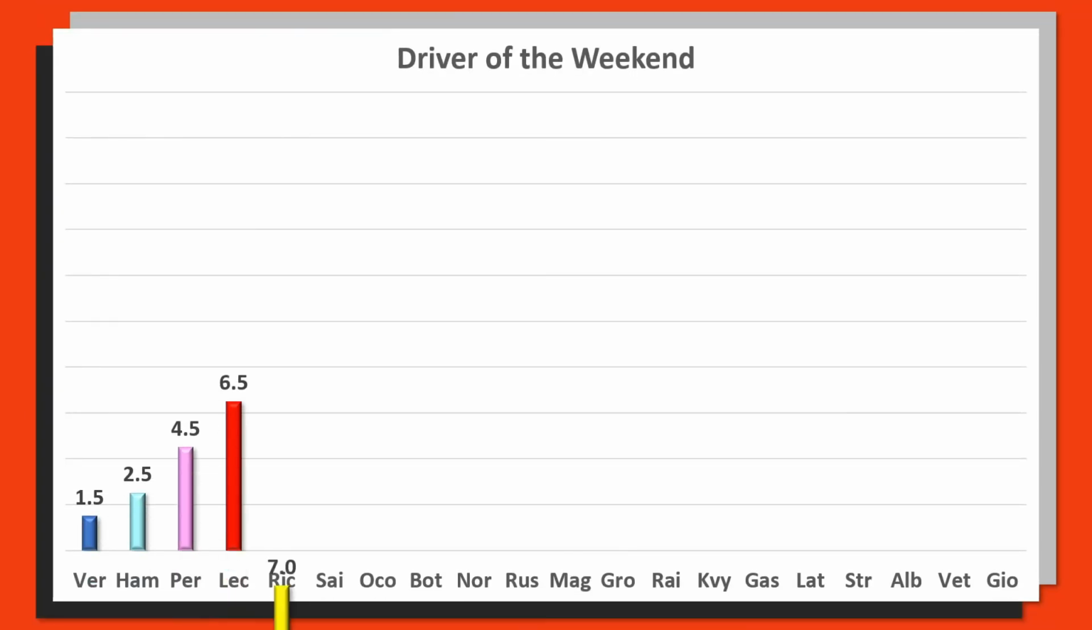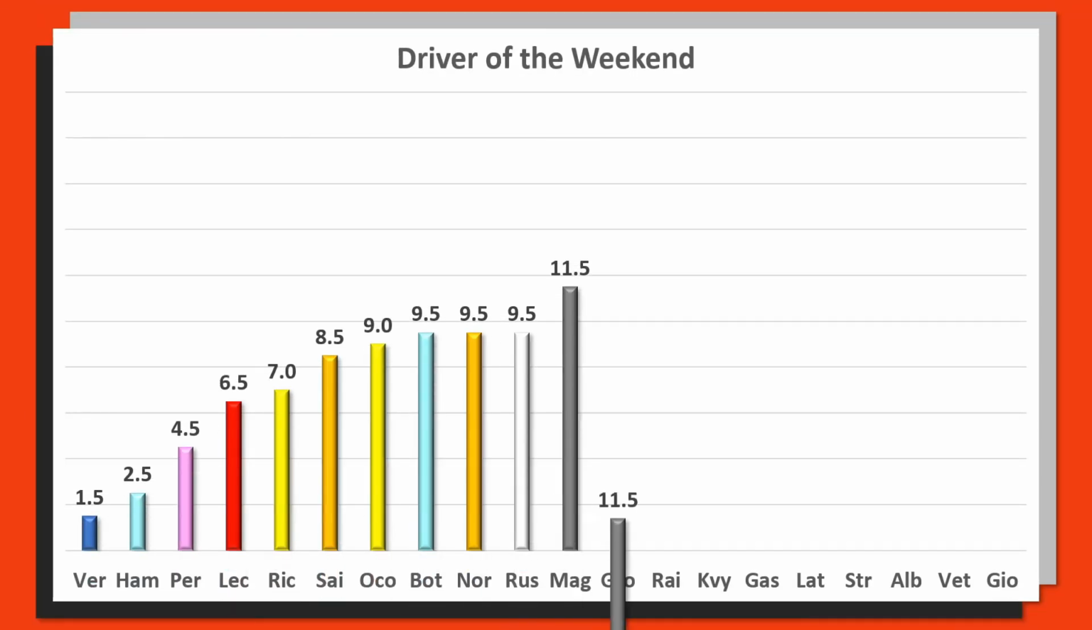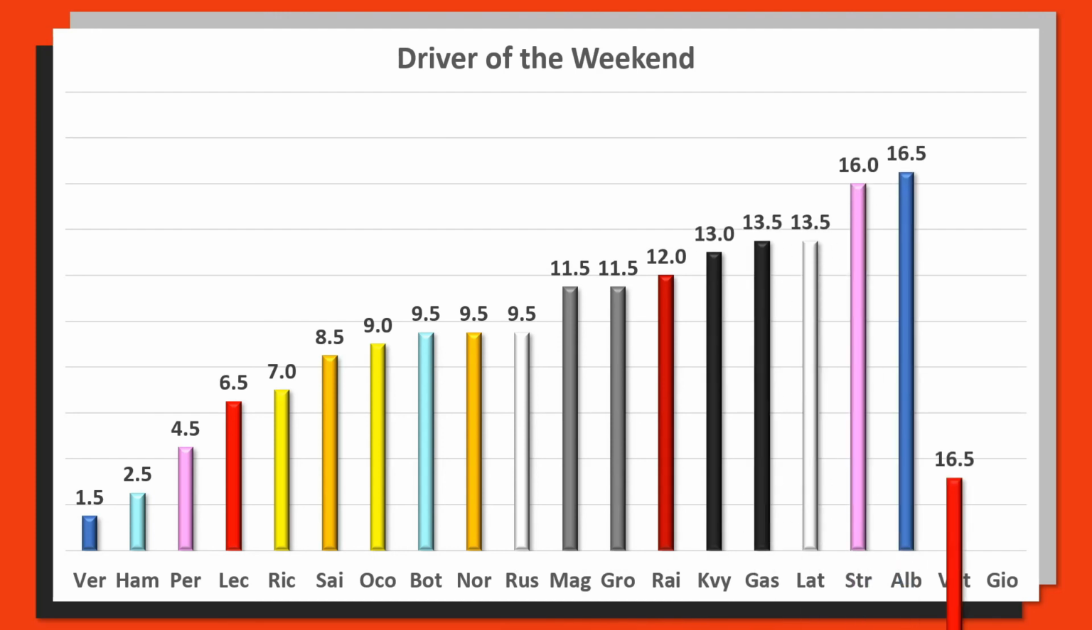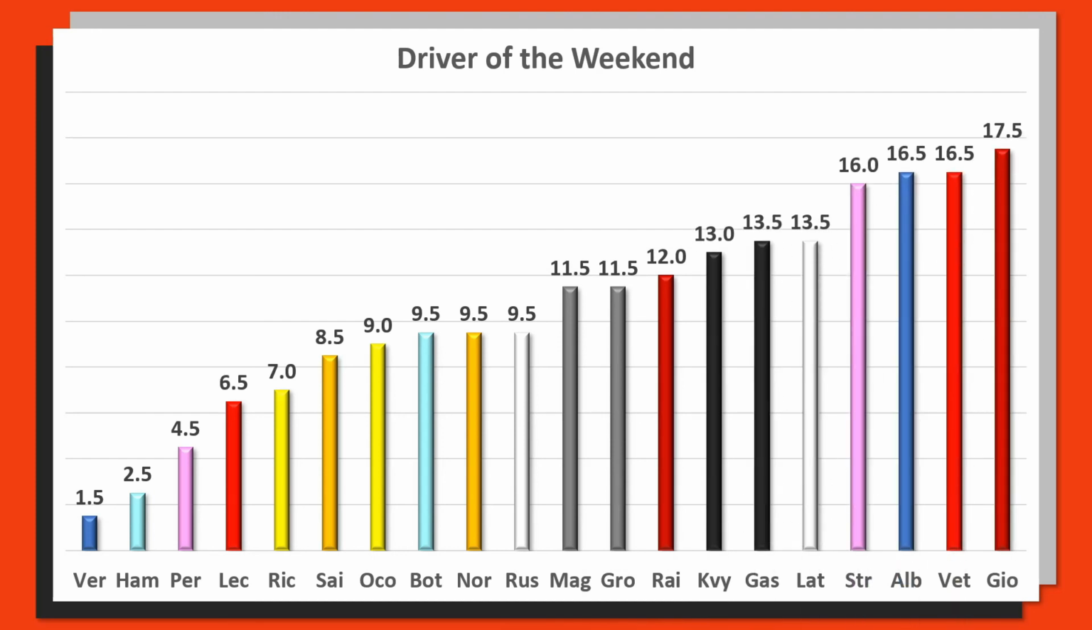It is declared that Max Verstappen was the driver of the weekend, from Lewis Hamilton, from Sergio Perez, from Charles Leclerc, Daniel Ricciardo, and then Carlos Sainz, closely followed by Esteban Ocon, with Bottas, Norris, and Russell on 9.5, all equal, and then the two Haas cars are equal on 11.5, then Raikkonen, Kvyat, Gasly, Latifi, Stroll, Albon, Vettel, and finally Giovinazzi. And there we go, that is the end of part number 2 for this little pilot series for